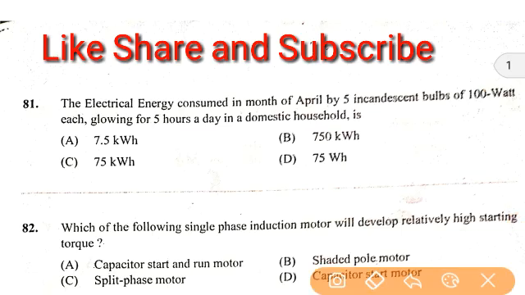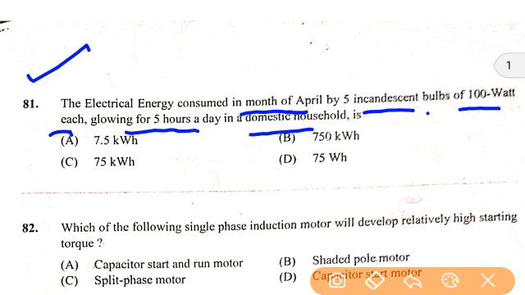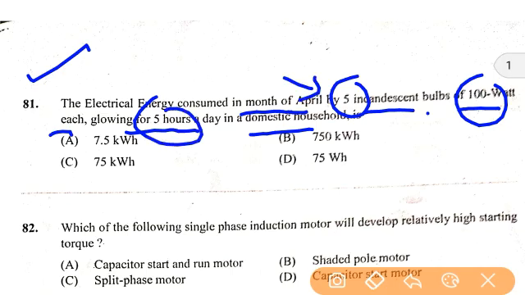So, first question, the electrical energy consumed in the month of April by 5 incandescent bulbs of 100 watt each glowing for 5 hours a day in a domestic household. Here you can see that we have 5 bulbs, each having 100 watt, for 5 hours a day for a month of April. So the total energy will be